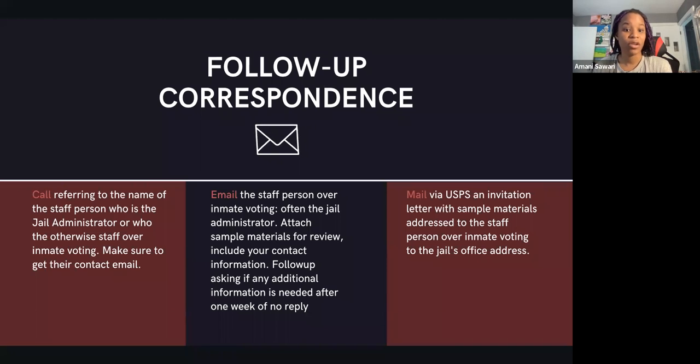And you can actually follow up on that email a week later, letting them know that you're still looking forward to their reply, and that you know that it might take them some time to review it with everyone on their team, but that you're still looking forward to supporting voters in their care. And then the final ditch effort